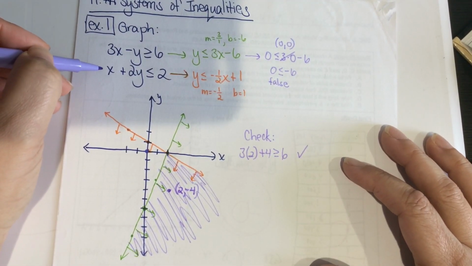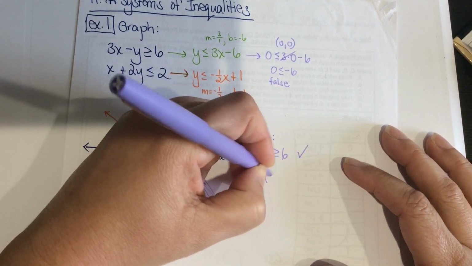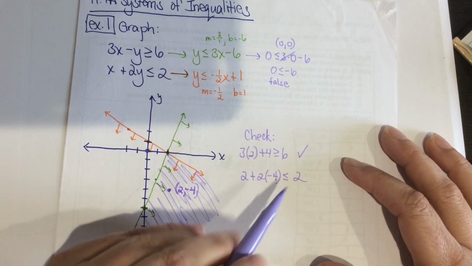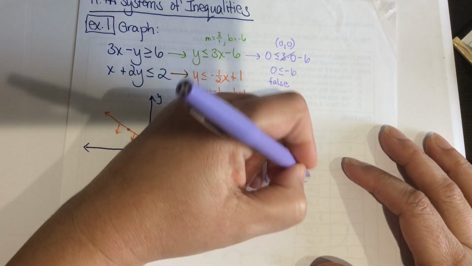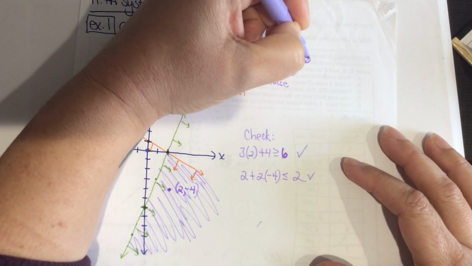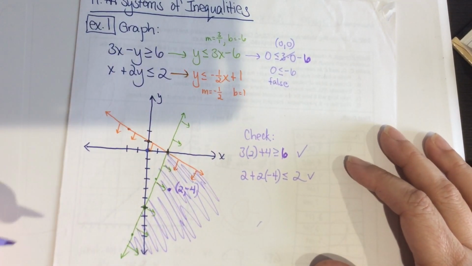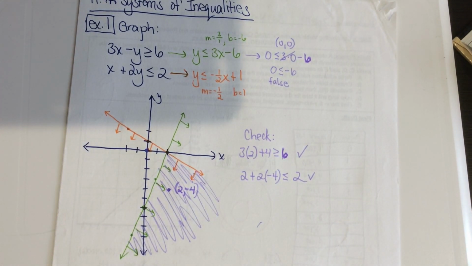And then plugging in 2, negative 4 here, I can already see that's true as well because that's going to be negative 8 plus 2 on that side. Okay, that's a 6, not a B. These are more obviously 6s, right? So any point in this shaded region is something